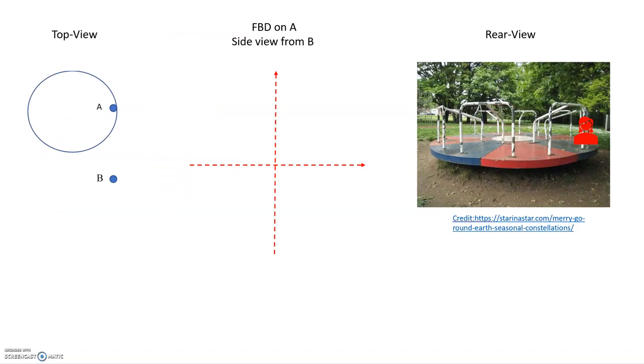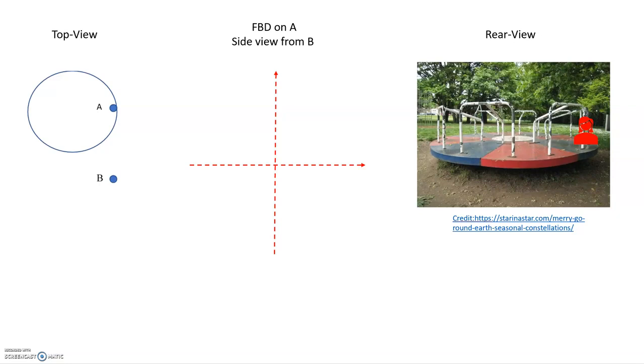And so let's take a look at this second free body diagram example. You may have been confused about how to draw those y direction forces in the last example. This example highlights how, if you change the way that you're looking at the problem, you can get a better idea of what forces are acting, and it gives you an easier time drawing the free body diagram. So in this case, instead of looking down from above, like a drone looking down, which was our first example,